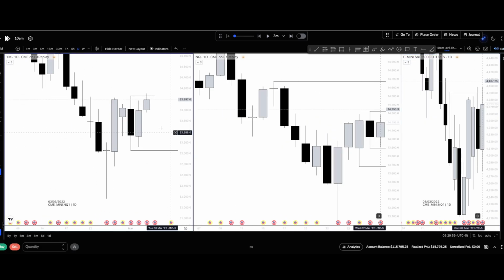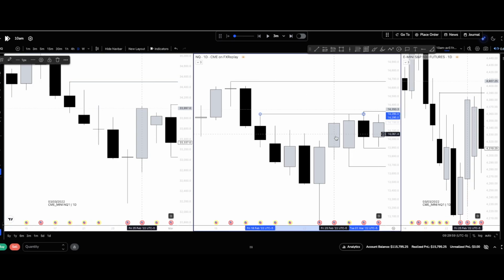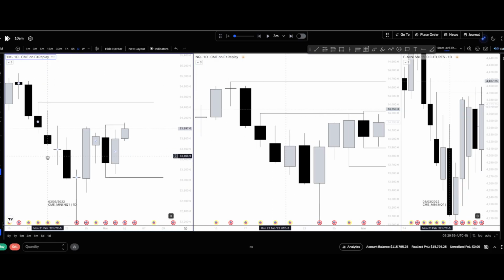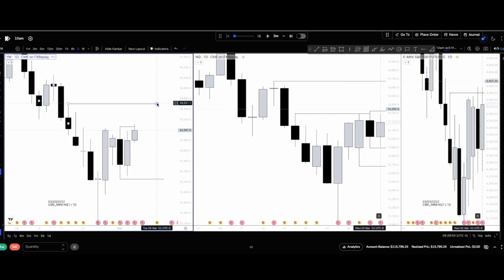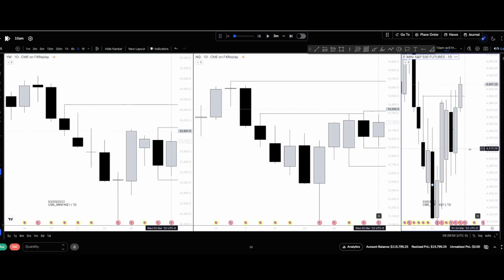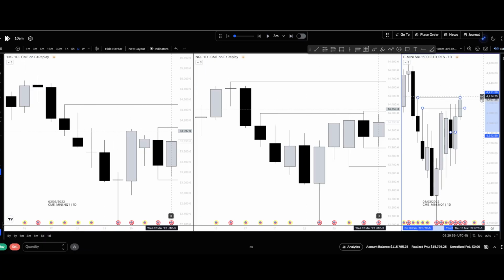So with this all being said, I want to take notice that we are tapping into a relative high. There are reasons for us to go here. Why? Because NQ has already tapped into that high, and it has an SMT that we are not respecting right now. So with the SMT that's not respecting, there is a possibility for YM to go and break that SMT located up at those highs. ES does go and tap in and breaks the SMT currently, so there are reasons for